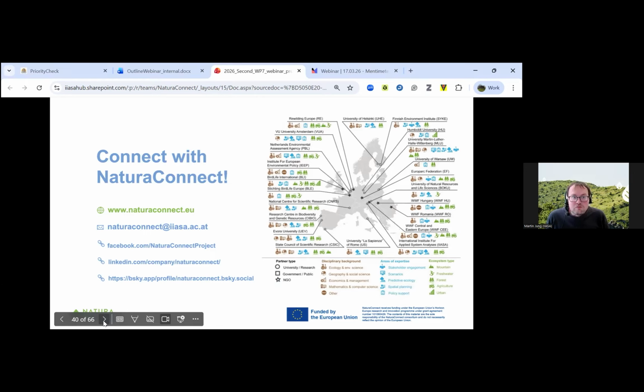You will find the data itself there. You can get a link to our Zenodo page where you can literally download the individual TIFF files for many of the layers. The layers that you were shown today will also be shown there at some later point. And finally, the last slide is something that is quite important for us as well. I think my colleagues will put that in the chat now too.